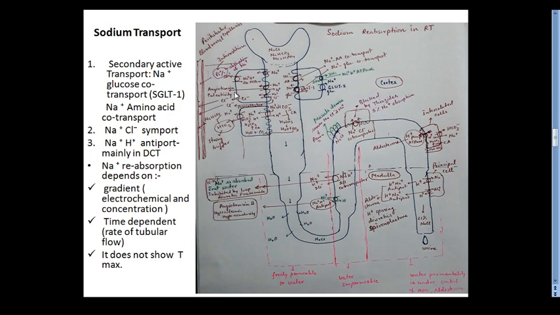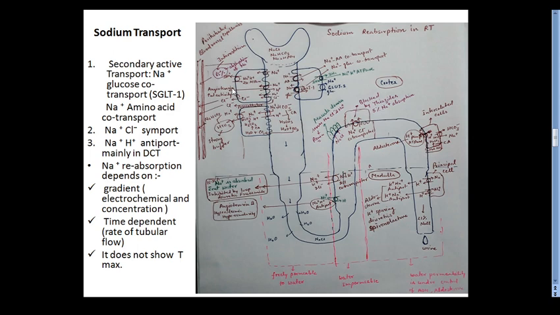So it basically enhances the activity of the sodium potassium ATPase channel which is present in the basal border. It increases the expression of the sodium potassium ATPase ion channel which is working actively, and it increases the electrochemical gradient and the concentration gradient within the renal tubular cells, and that's why there is more and more reabsorption of sodium via the sodium and hydrogen ion antiport.